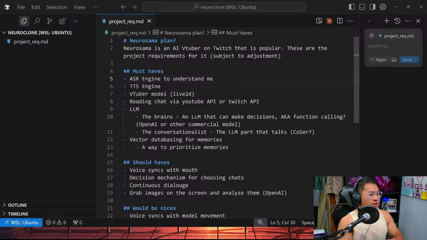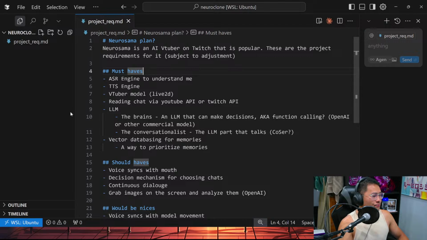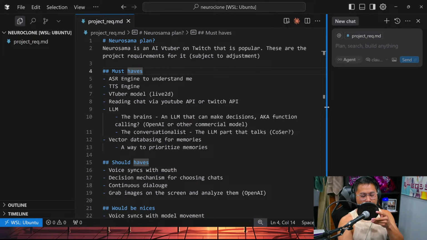What I have here is a project requirements document that I started yesterday, and I'm going to continue building upon it. I know some of you in the chat contributed some of the ideas here.